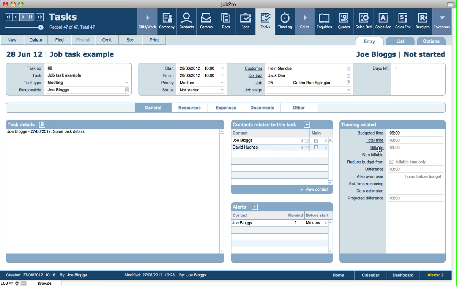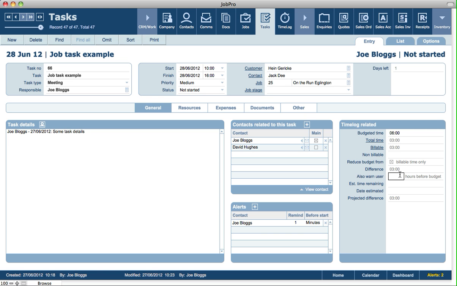And we can view any time logs by clicking on the little link beside the actual hours here. And there's no non-billable hours logged against this task yet. So we've still got 3 hours remaining on that task. And we can specify to warn X amount of hours before the budget has been reached. So if a time log user is logging time linked to that task and it reaches the budget, well then